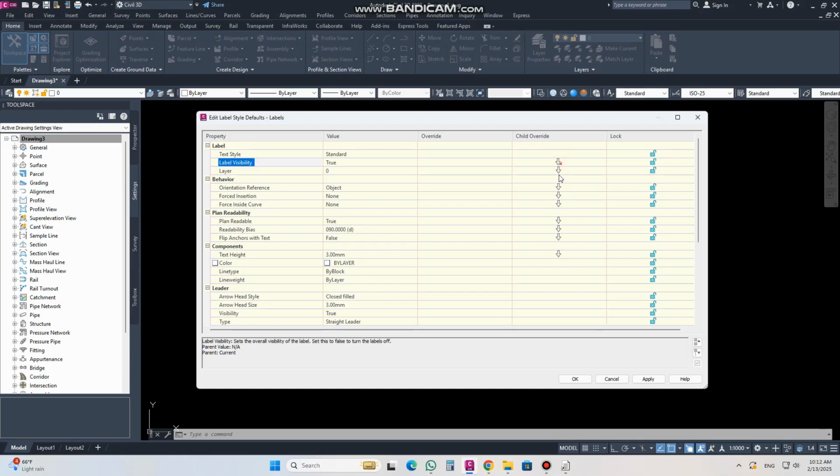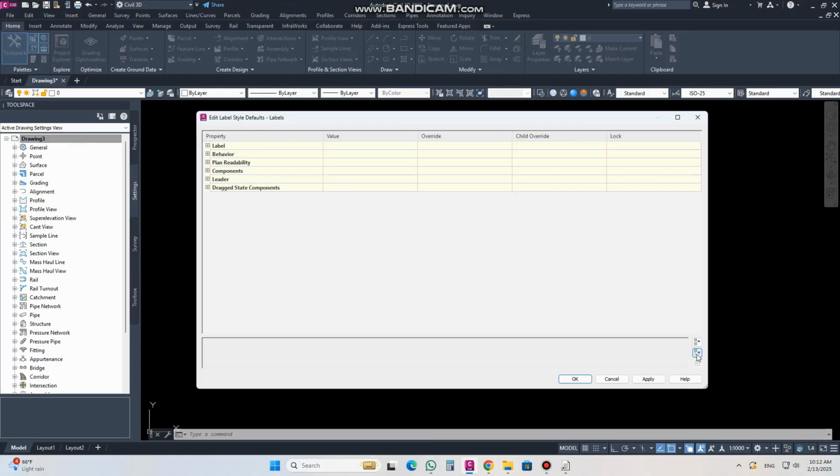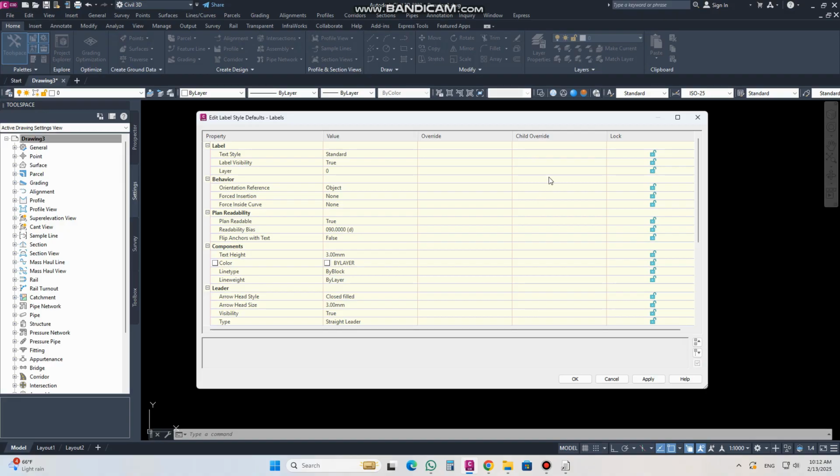Other thing, for this child override, if you select anything, you must check this child override and then apply. Again, when you open this, when you cancel this child override, you can see this one now removed from here. We will discuss the child override later; this will come in the next videos. Okay, from here you can select